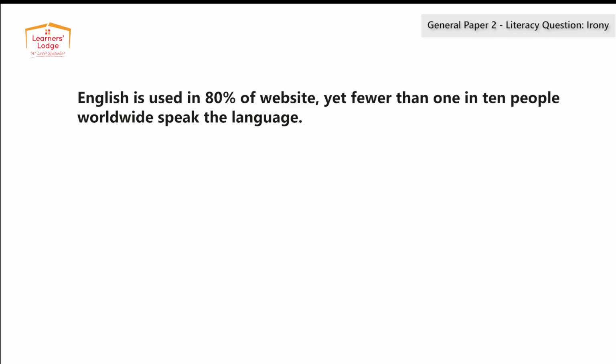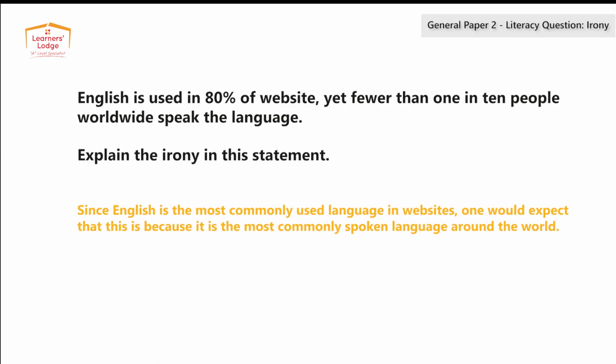Questions about situation ironies that you will encounter in paper 2 will of course not be as simple as the example that I've just shared with you. It will likely be more similar to the following example. To sum up, the parts of the answer explaining why a situation is ironic are: